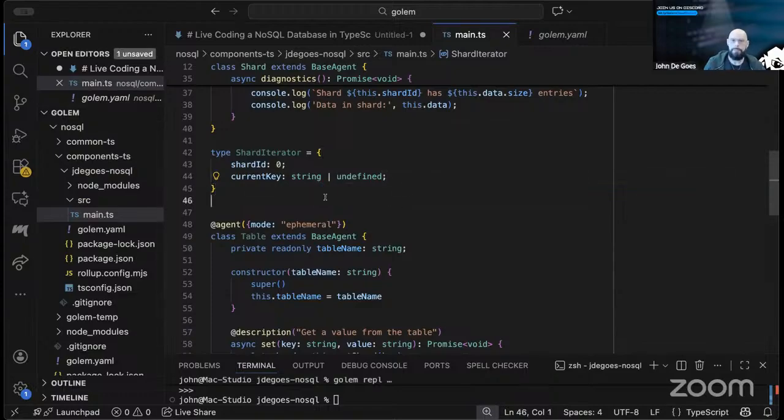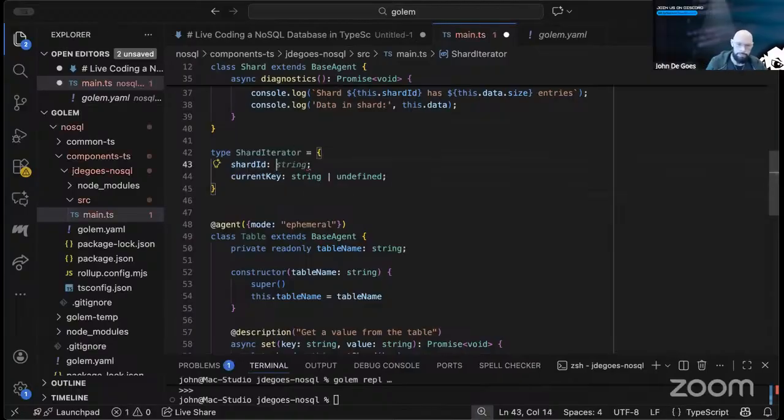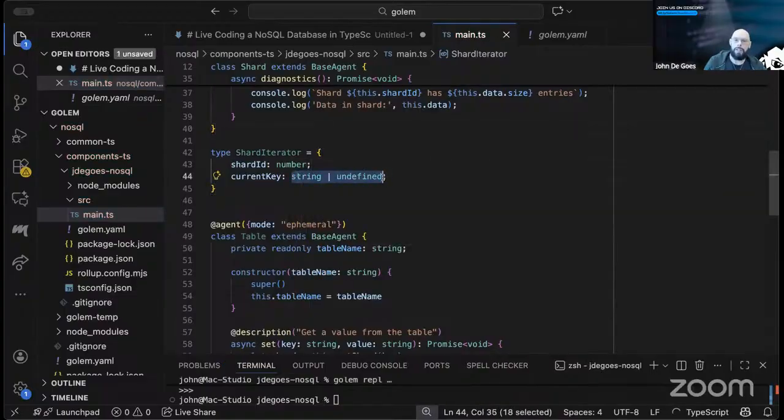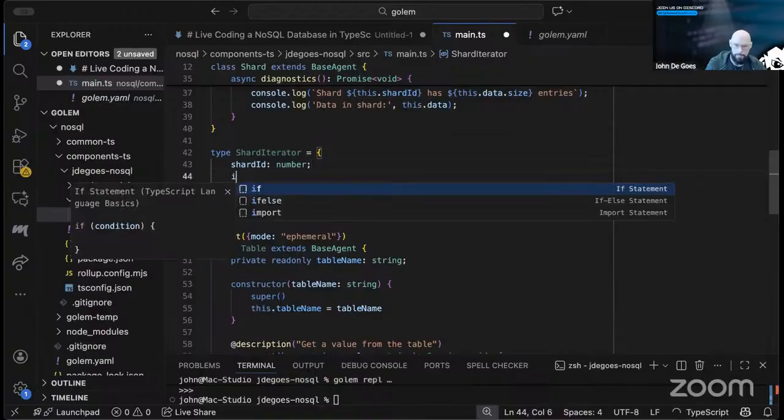Something like this. I think this is the correct representation for a shard iterator that is well defined. It's not the only way we could define a shard iterator. We could also define this as an index